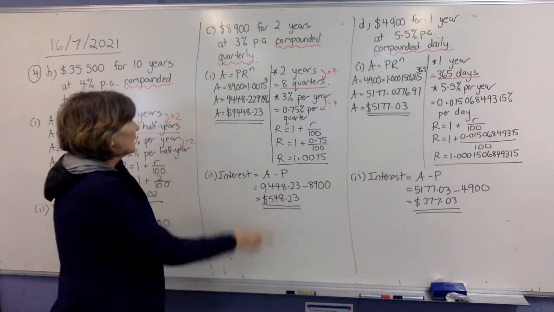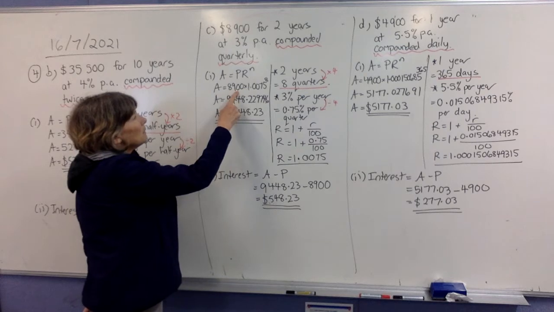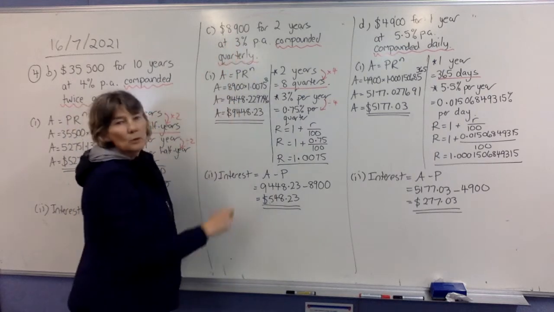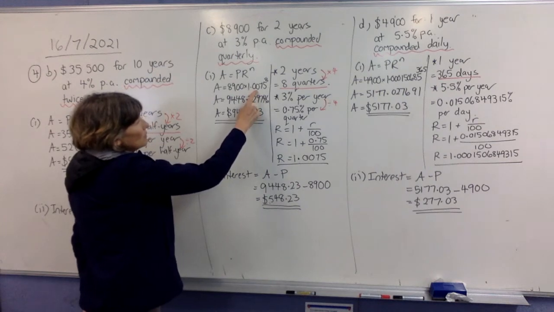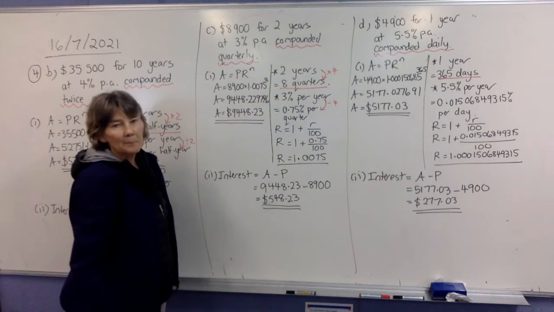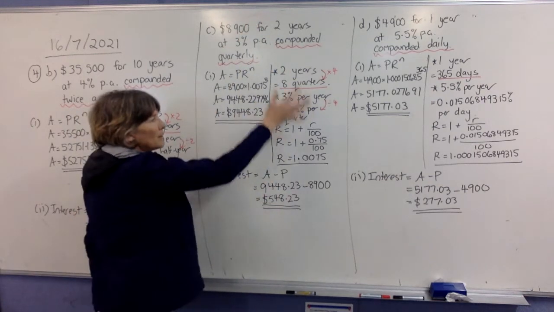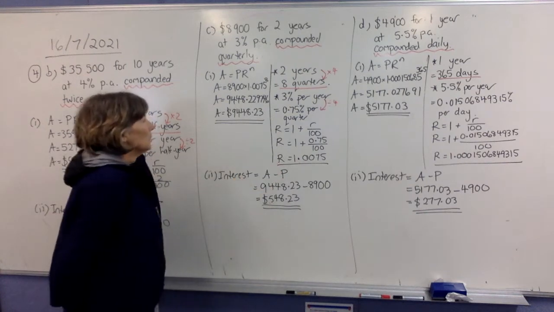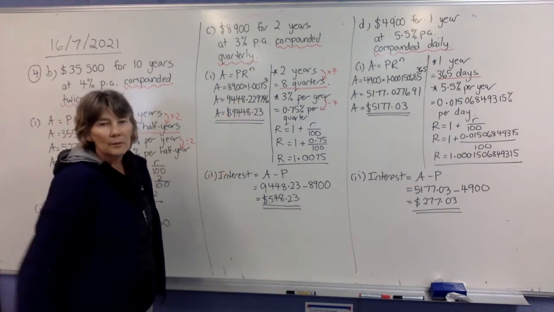1.0075. Taking it over here now, to find our final value of our investment, your principal goes in, your original investment, your R value we just found, and don't forget the N is also in quarters. I'm putting our 8 up there. Don't get confused and put any of these numbers that are up here. We had to adjust them all. Okay, so your final value of your investment, once you work that out, is